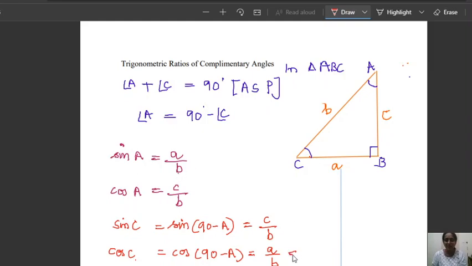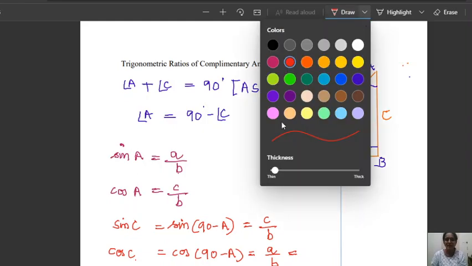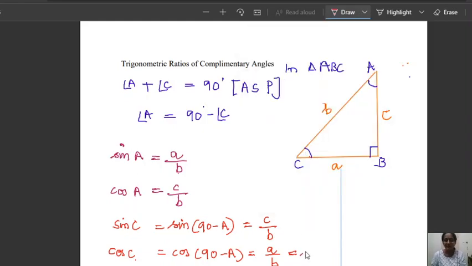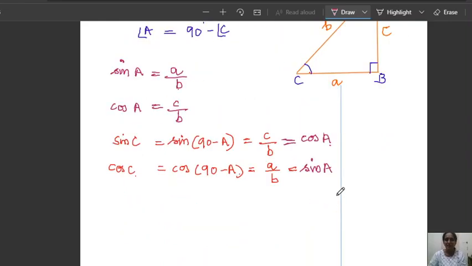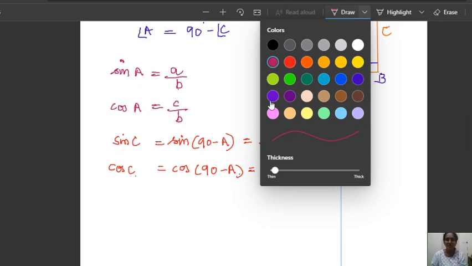So we can write cos of 90 minus A as sin A. What is C by B here? It is cos A, right? We can write sin 90 minus A as cos A. We can write cos 90 minus A as sin A. The values are same. Now I'll justify only for these two ratios. All the other results straight away I'll write now.